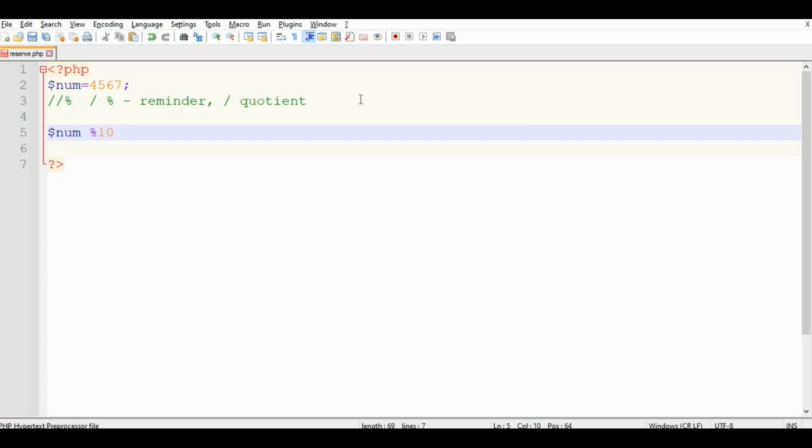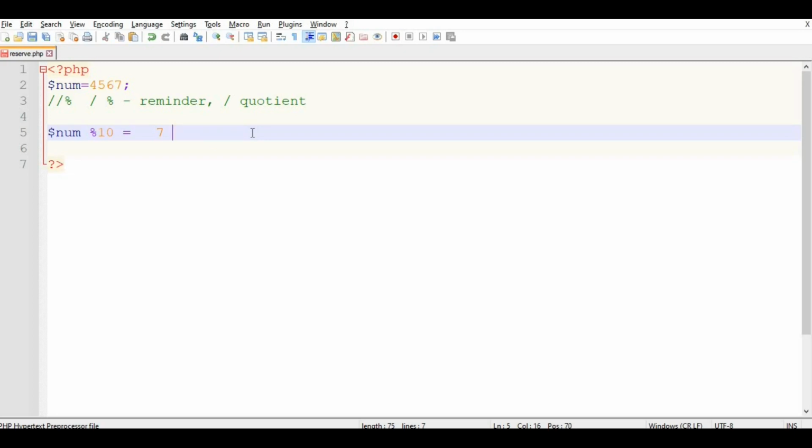In this case we will get 7. Then we need to apply mod 10 to 456. In this case we want 6 as the remainder, then 5, and then 4.